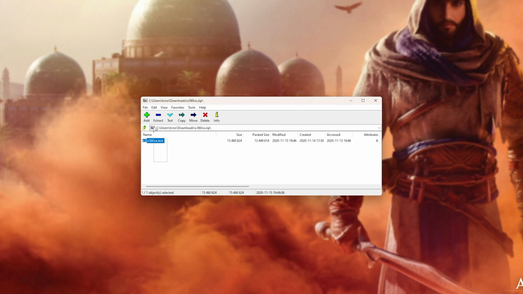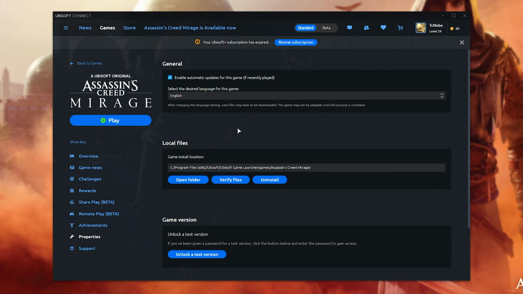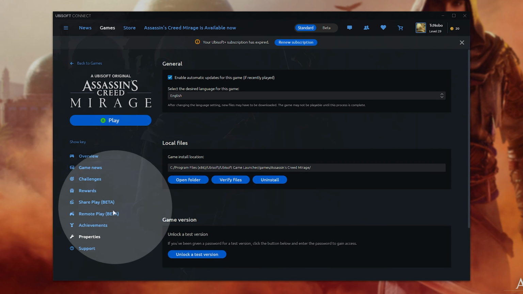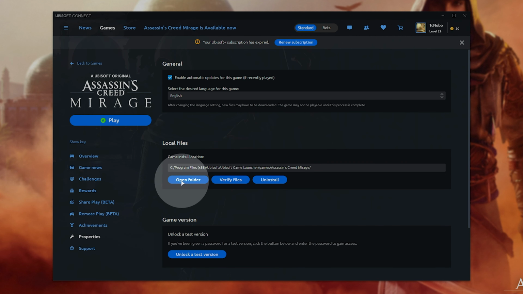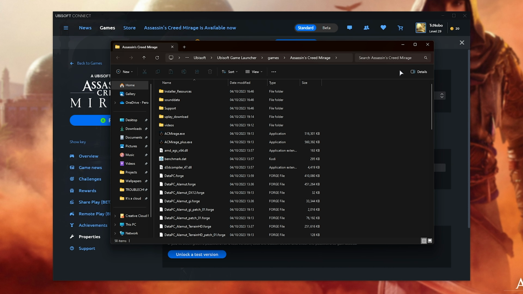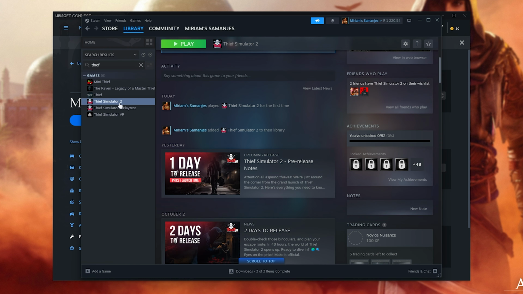What we need to do is copy this file here to the game's install directory. For Ubisoft, simply locate the game, select it, and on the Properties tab, click Open Folder under Local Files here, just like that. If you have the game on Steam, locate the game, right-click, hover over Manage, and choose Browse